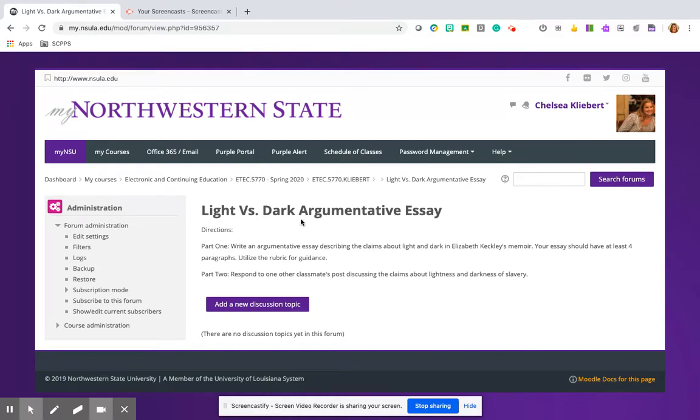She refers to different aspects of slavery as either light or dark. They are to write an argumentative essay describing the claims about either the light or the dark. Their essay should have at least 4 paragraphs, and they are to utilize the rubric for guidance. Once they have posted their response, they are to respond to another classmate's post.